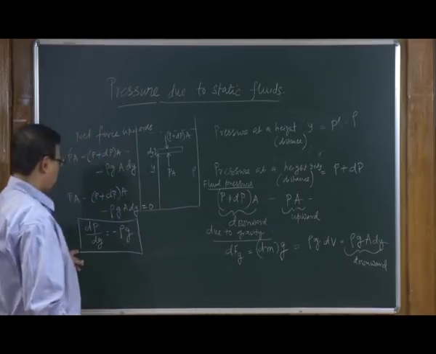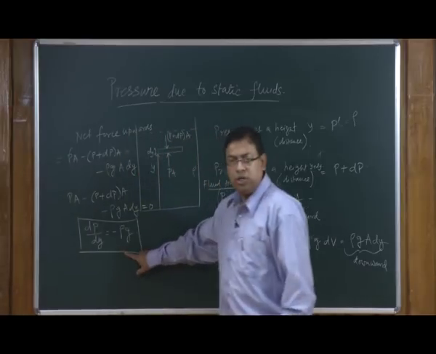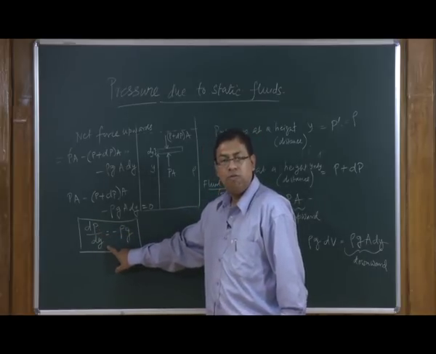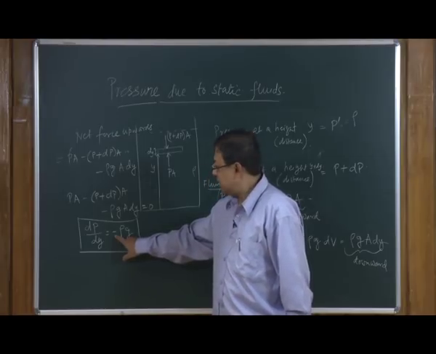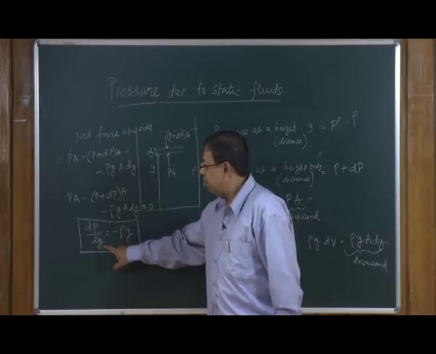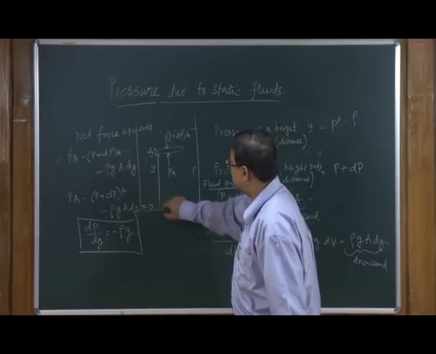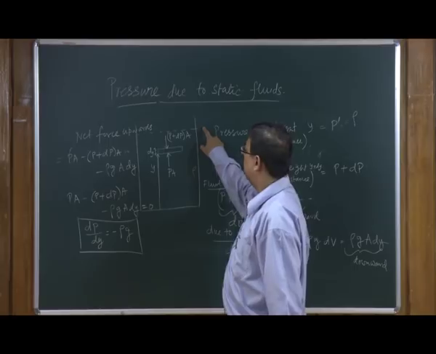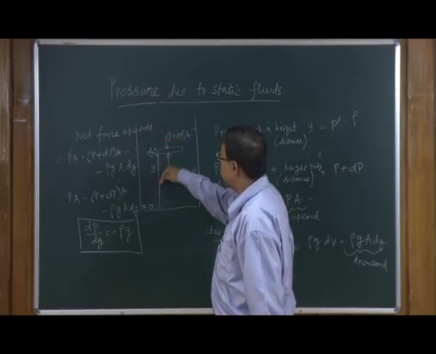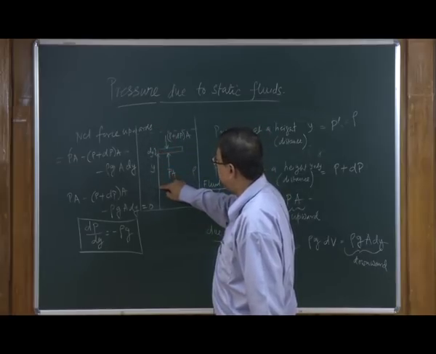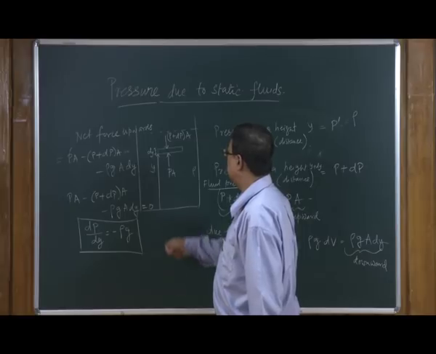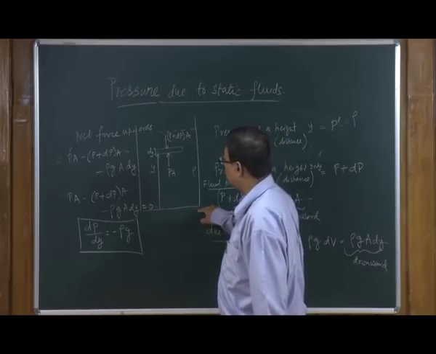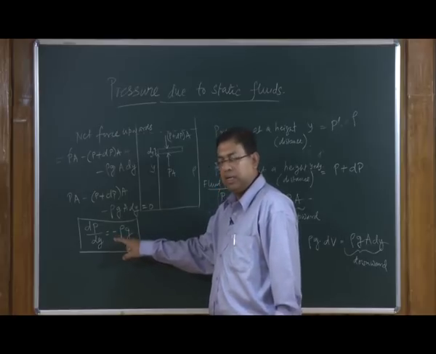The solution of this differential equation will give me the variation of pressure as a function of y. There is a negative sign which tells you that the pressure will be more if the height, that is this distance from the bottom, is less. If you talk about the depth from the top surface, the pressure will actually become more as the depth into the water increases. Since the distance is measured from the bottom surface, we are getting a minus sign, which makes sense,